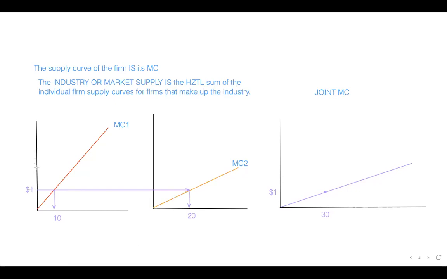And then these are linear, so we only really need two points. So I pick another price like $2, and I repeat that process of adding up in the horizontal dimension. So now I could go up and say, okay, at a price of $2,